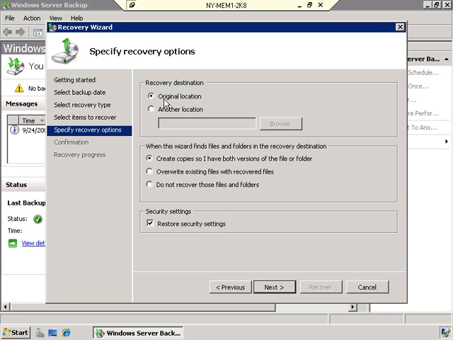Now I have a choice. Do I want to recover this data back to its original location where it came from, or to another location? The reason you might back up to another location is if maybe we're not recovering for the purposes of recovering lost data, maybe we're recovering for the purposes of grabbing another copy and putting it somewhere else. So we're going to go ahead and say recover to the original location because we are trying to recover original